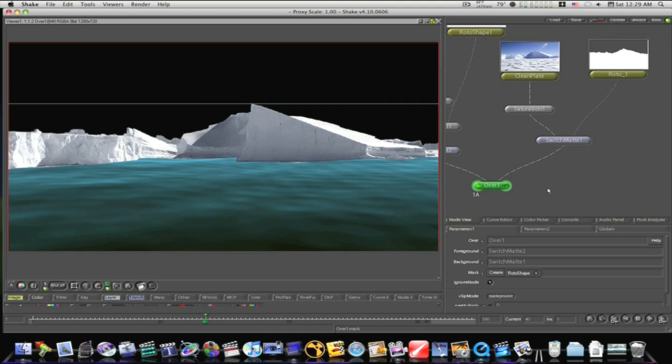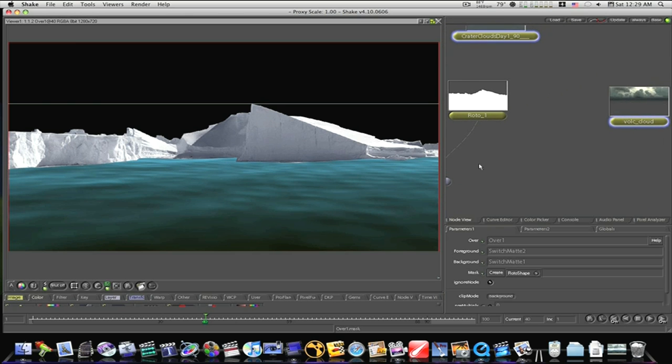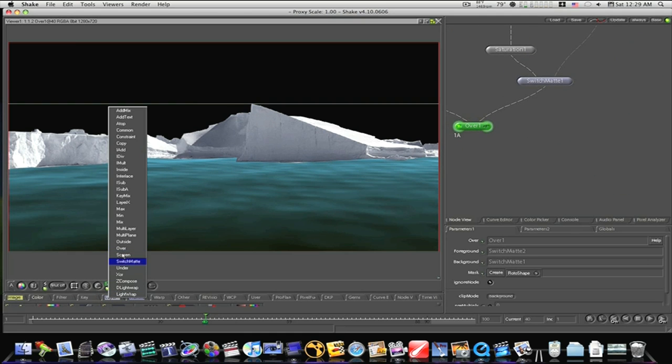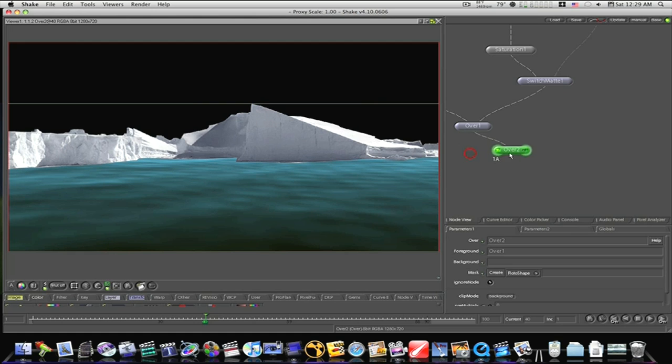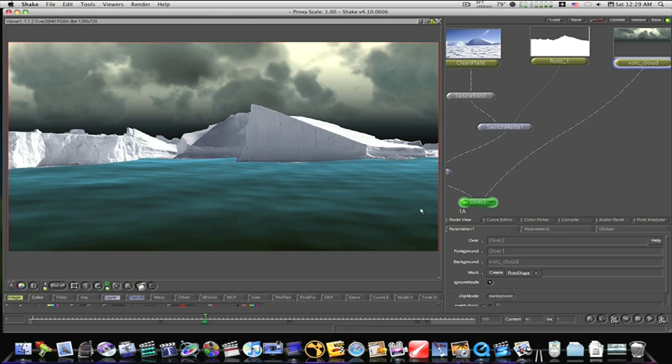So now what we need to do is add our clouds. We definitely don't want to forget about our clouds. So let's go find my clouds here. Here they are. Add another over node to this over node. I'm going to layer over, and I'm going to pop my clouds in. And now we have a very simple,